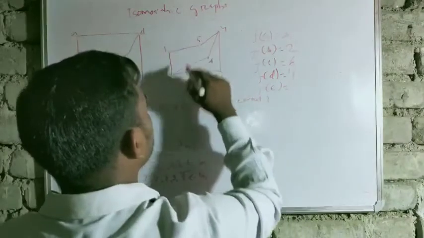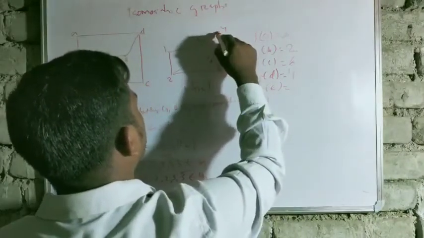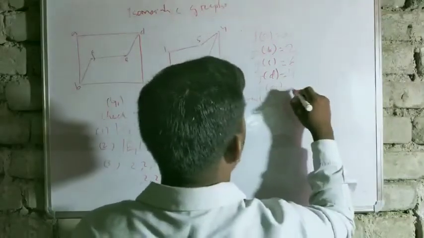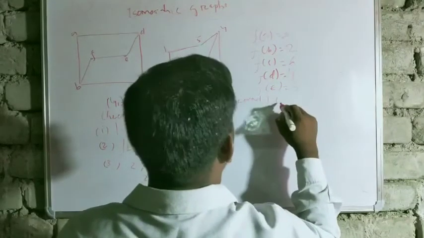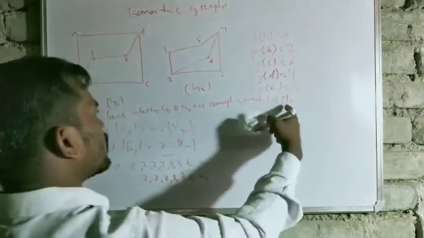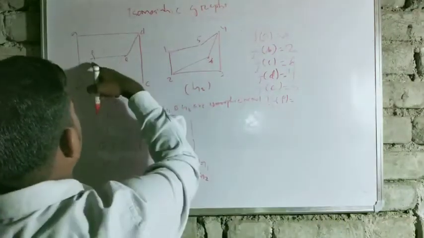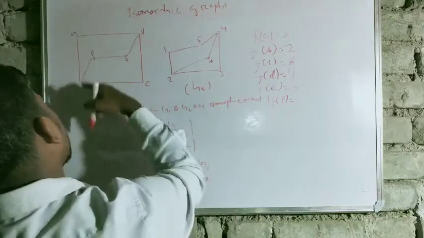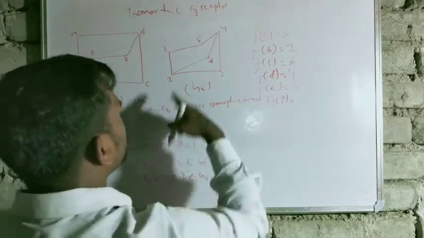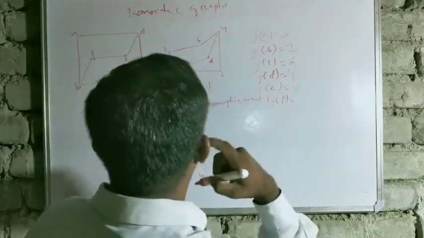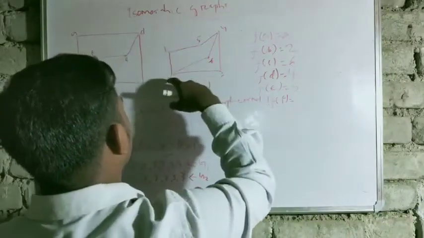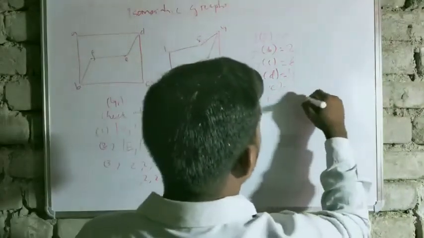So we can choose 5 because it is connected to a vertex of degree 3 and another vertex of degree 2. So this will be 5. Then f of f, this f stands for function and this is a small f. So f goes to f, which is a degree 2 vertex and its adjacent vertices are degree 3 and 2. So if you choose 1 here, it is associated with vertices of degree 3 and degree 2. So this will be 1.